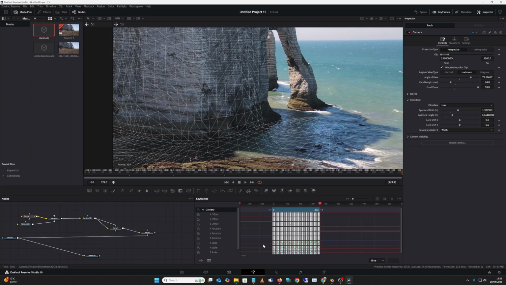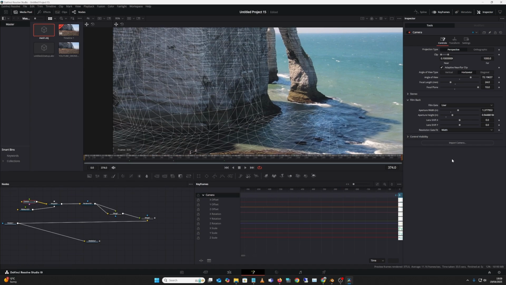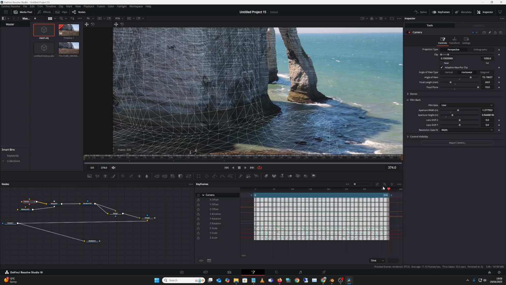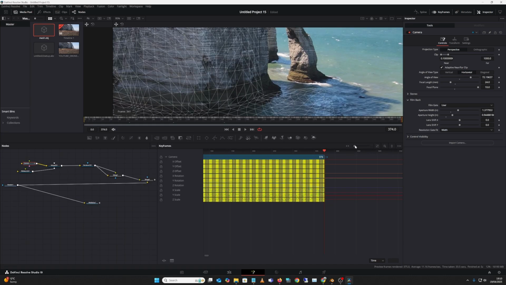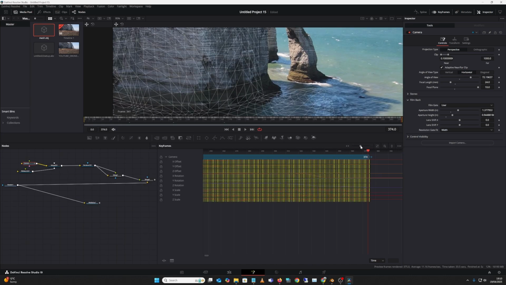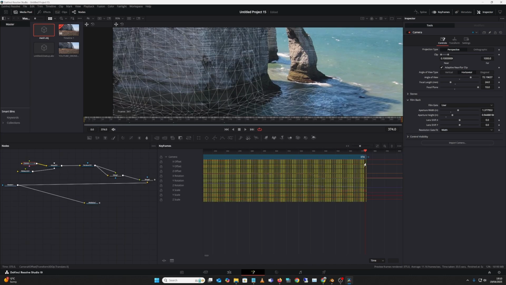I'll select them all first of all, so just drag a box. Still getting used to things. I think there's this here. There we go. Select, drag a box. So we've got everything. Now we need to zoom in to the end. See if we can do it here. Great. Okay, so I'm just going to drag that last key. Now that everything's selected, just drag everything back one, right? And now, hopefully,